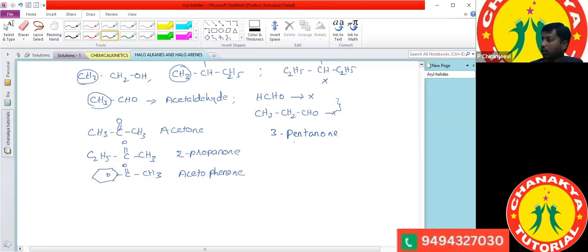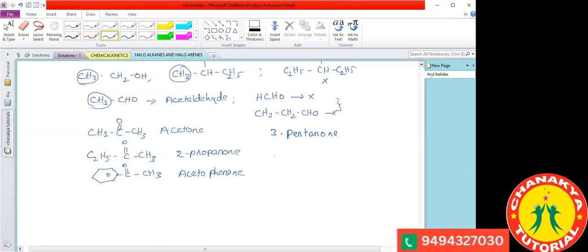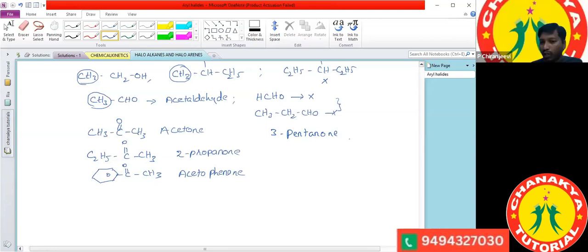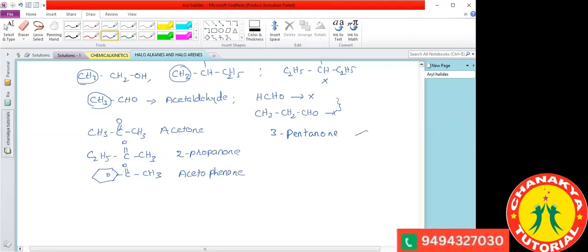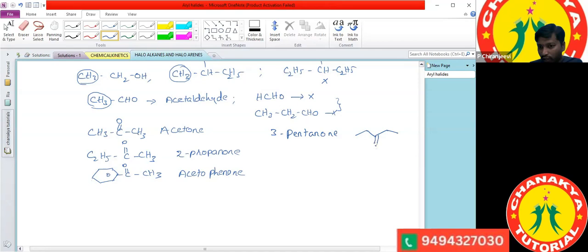Does 3-pentanone give a positive iodoform test or not? It won't. Why won't it give the positive iodoform test, Aditi? Because there is C2H5 on both the sides. Yes. If it is the ketone functional group, this side we have a C2H5 group and